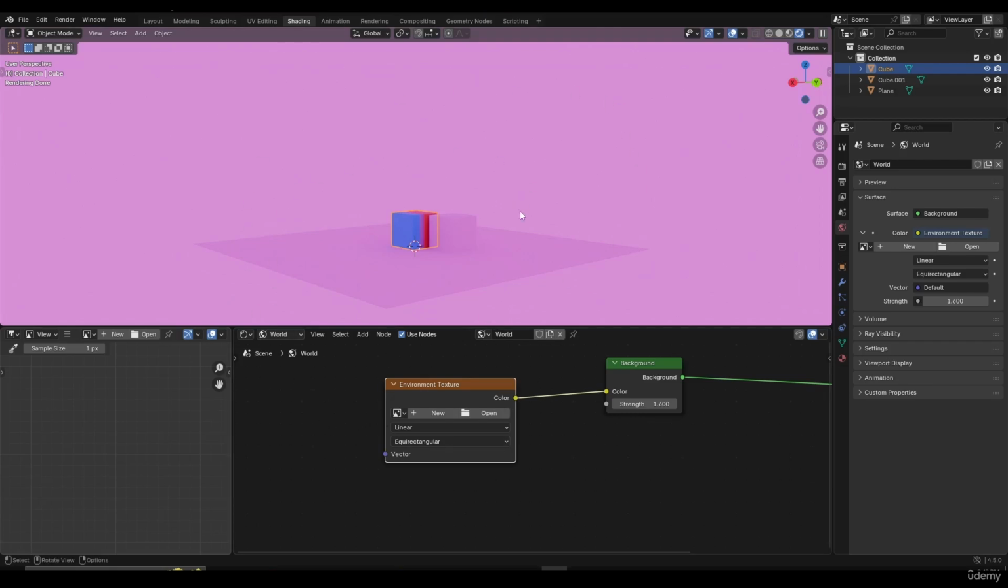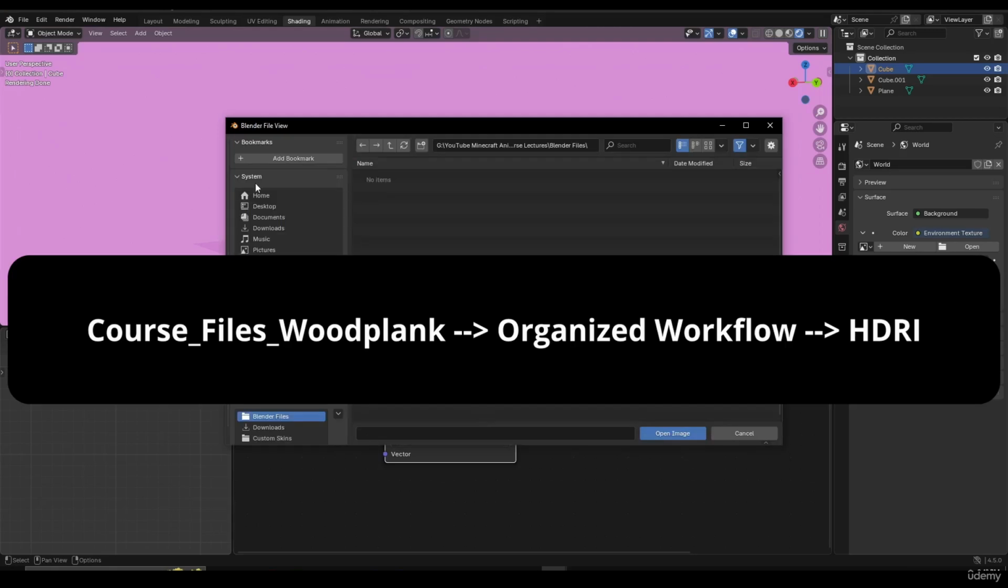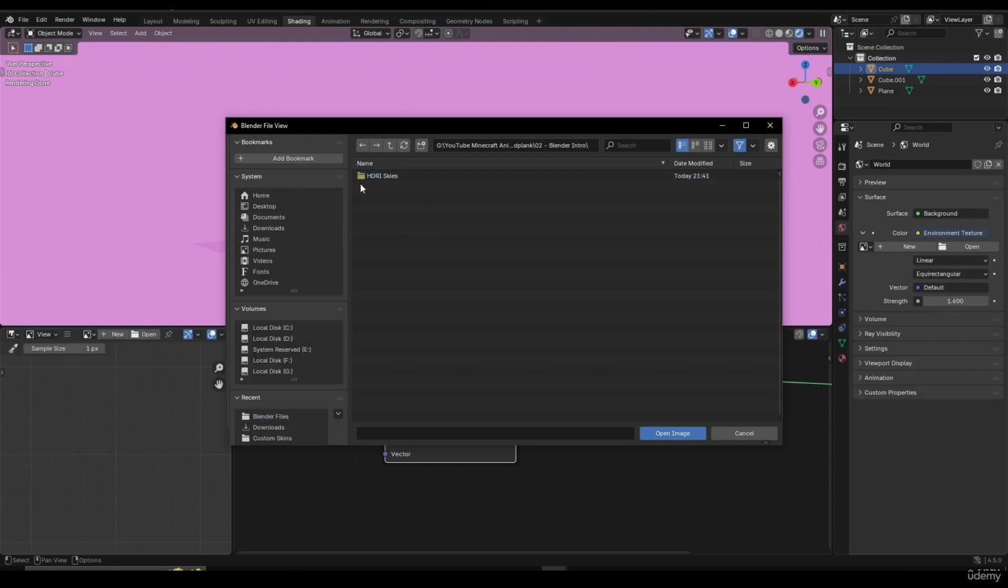And once you do that, make sure to click on open from here. And then make sure to go through your folders, go through your files, and then locate your course files. And then inside your course files, you're going to find the HDR sky pretty easily. So now I located my folder over here and I'm going to click on this and I get a bunch